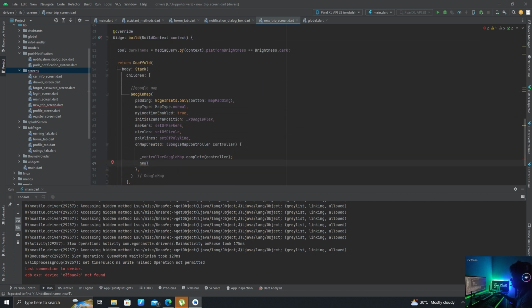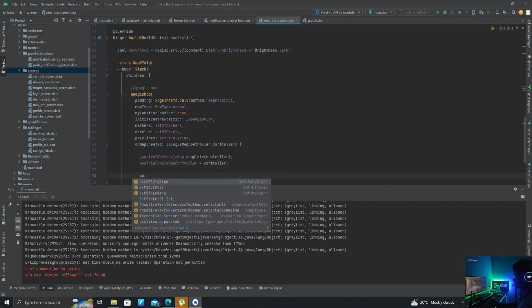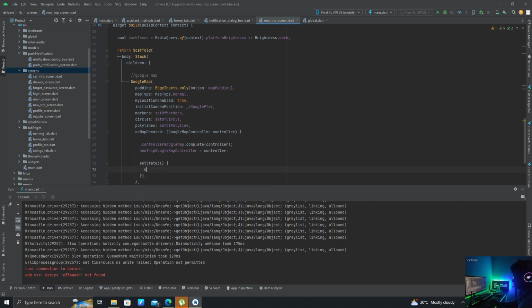So here we can write new trip Google Map controller equals to controller, and then set state map padding equals to 350,